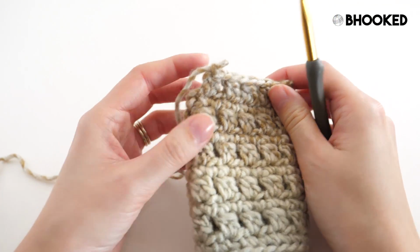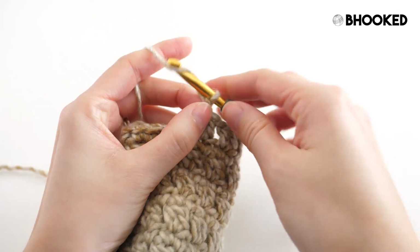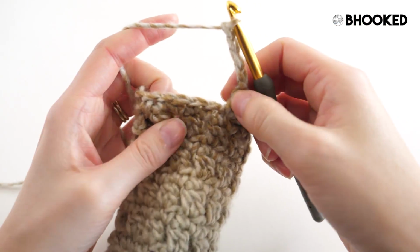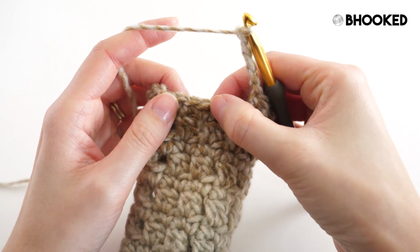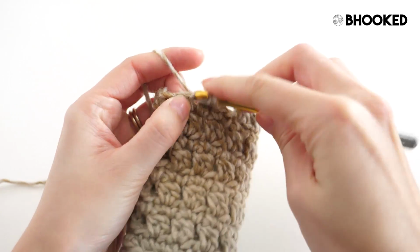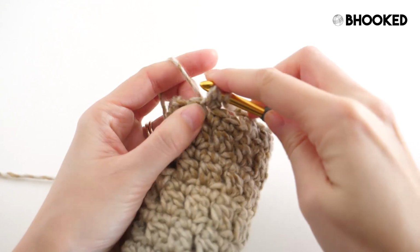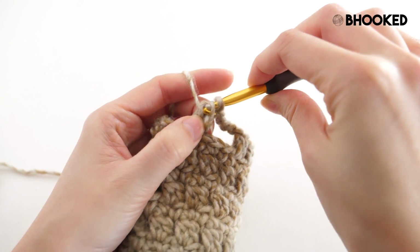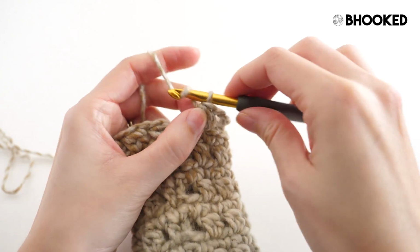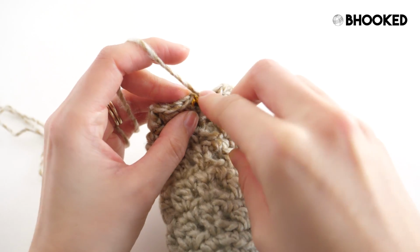So that brings me to where I am now, and I'm ready to add the thumb. So for the thumb, I'm going to chain 4, and then I'll skip 3 stitches. So 1, 2, and 3, and then I will cluster in the next. And then I'll chain 1, I'll skip the last stitch, I'll join with a slip stitch to my half double